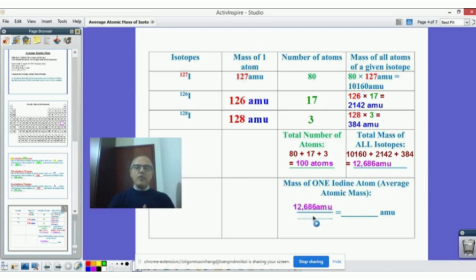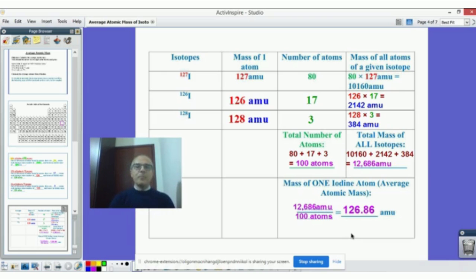I have to divide the total mass of the 100 atoms by 100 because I want to know the mass of one atom, and this is the average atomic mass of iodine,